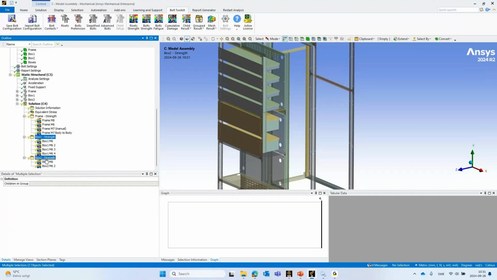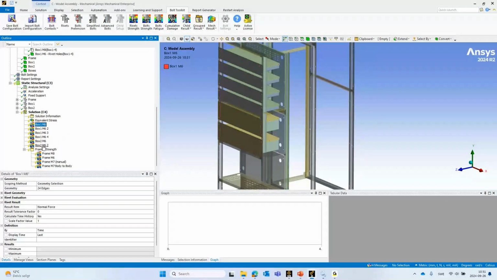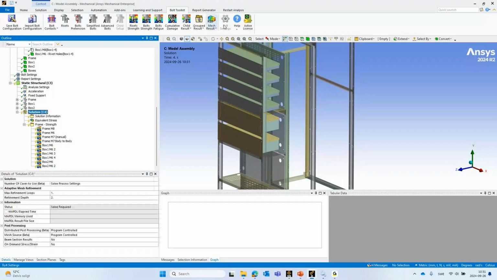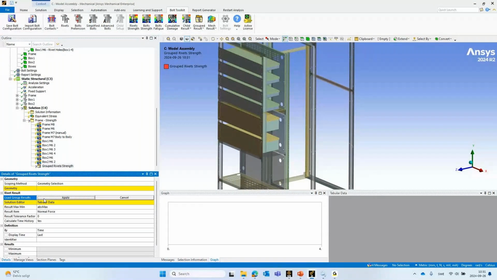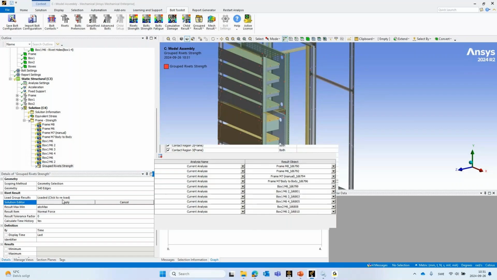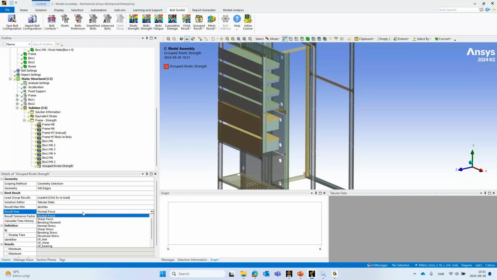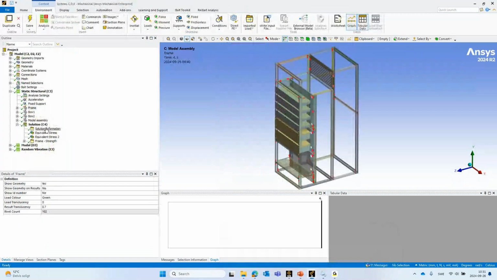And I want to get an overview of all those results. So I do a little trick here, drag and drop them into one group. And I want to create a grouped rivet strength result. So clicking here, this now loaded all the results in the group here, and I can now post-process and get a common plot of everything here. So if I switch over to my pre-solved model,